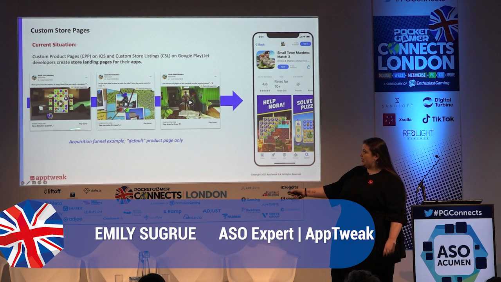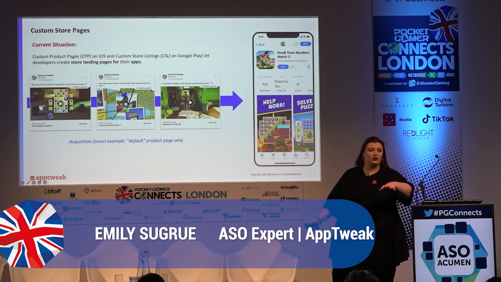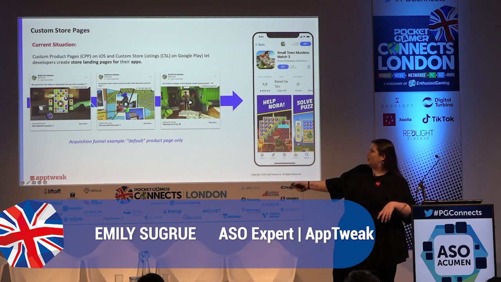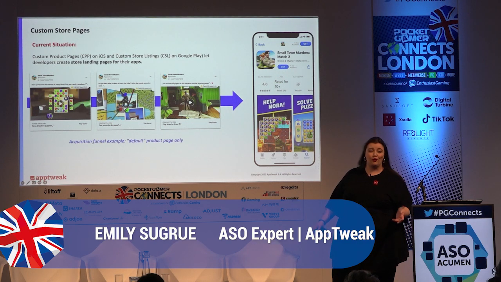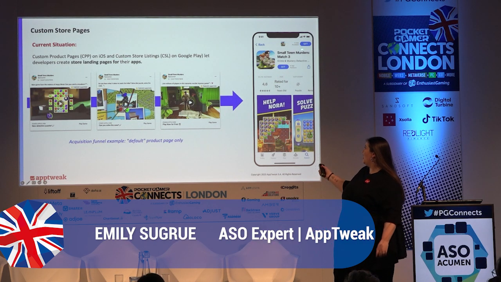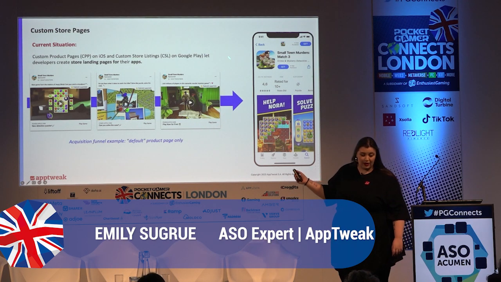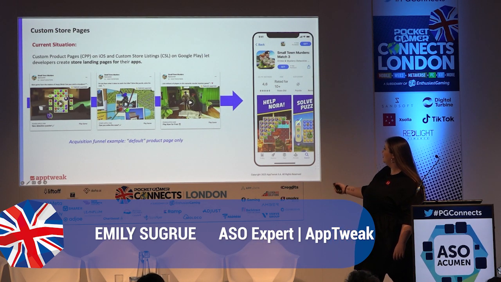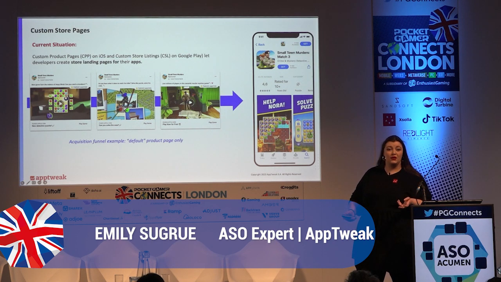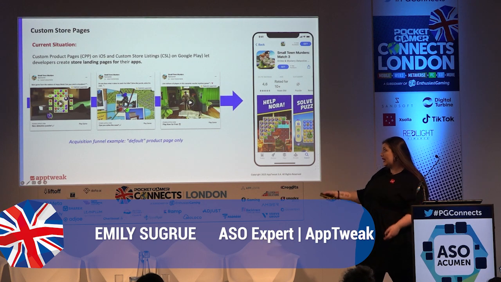So as you can see here, this one is kind of concentrating on a match 3 element of the game. The second one concentrates on the narrative, and the third one concentrates on the romance, which is lovely. However, all of them were being driven back to this product page here, and this product page focuses purely on the match 3 element of the game. So a lot of users will see this. They want to see, I guess, the storytelling or the romance, and it's not immediately obvious, so they're turned away.